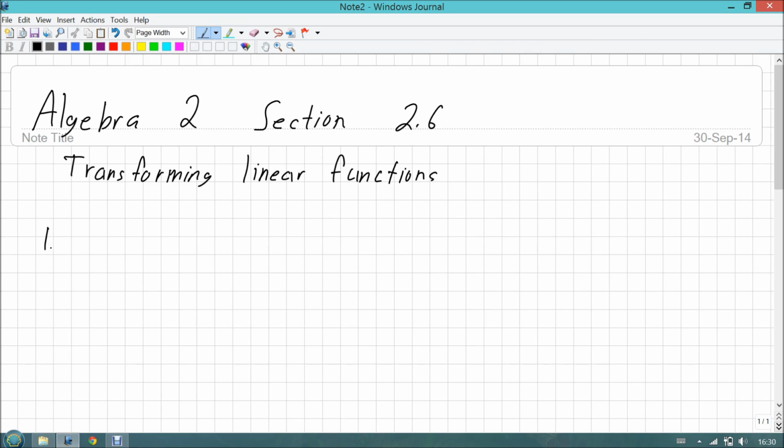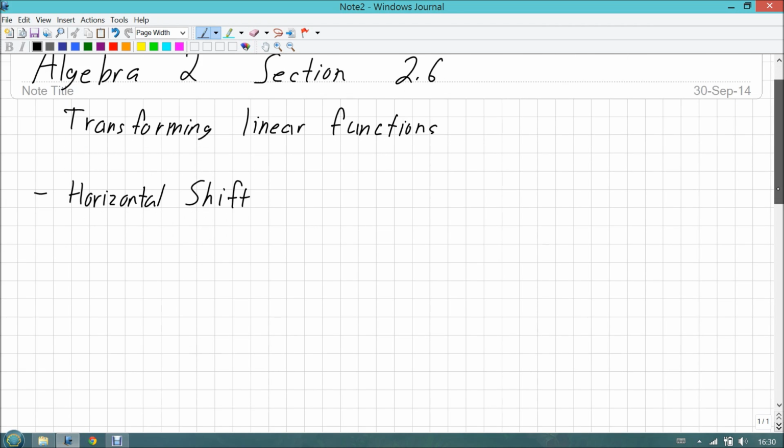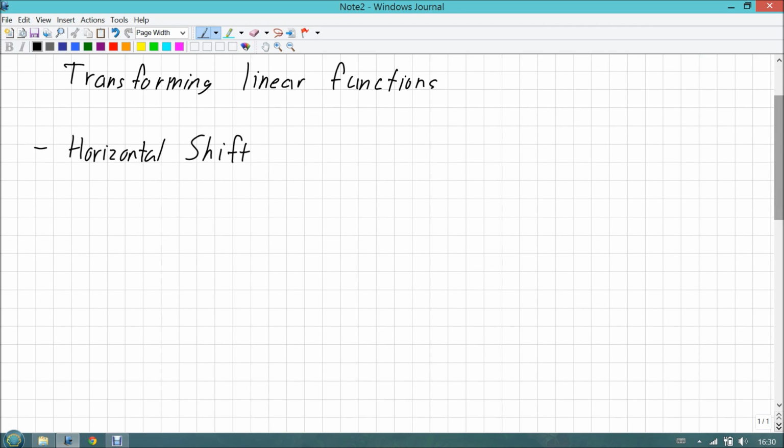The first thing is, I'm not going to go with one, I'm just going to go with type. The first one is a horizontal shift. Now, a shift means that we pick it up and we move it. So a horizontal shift would be picking up the equation or the graph and moving it either to the left